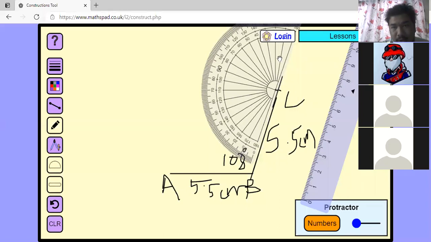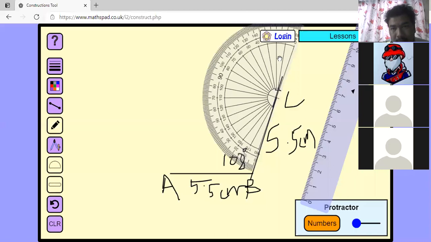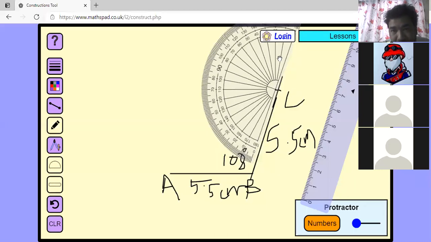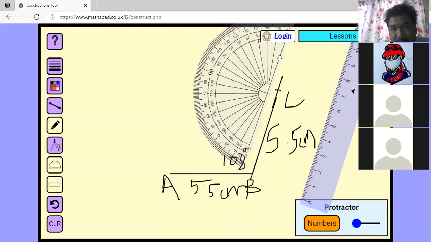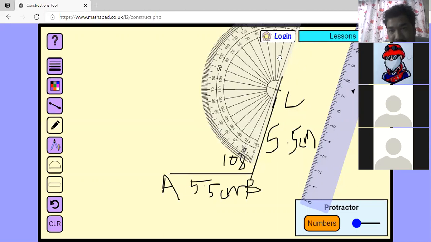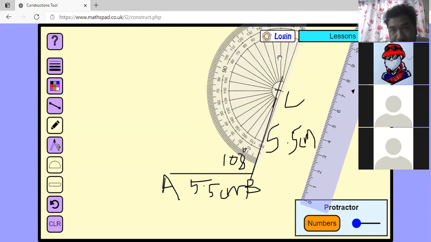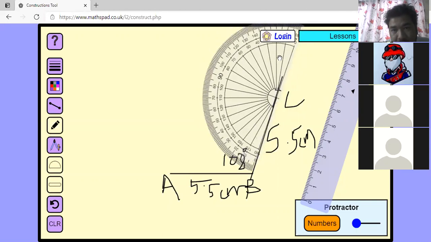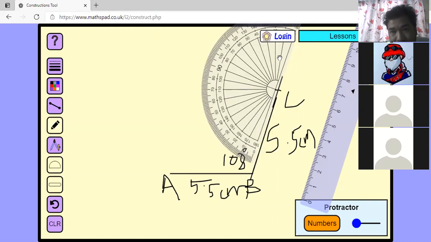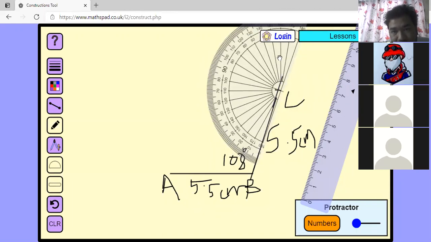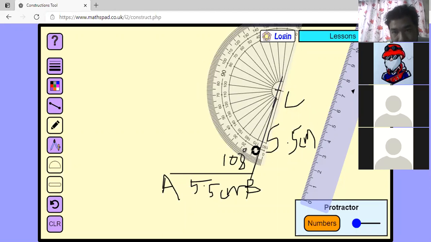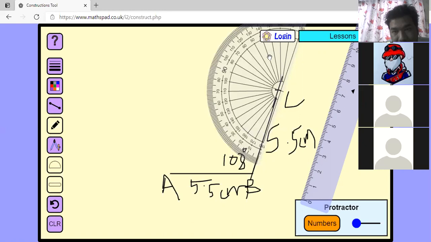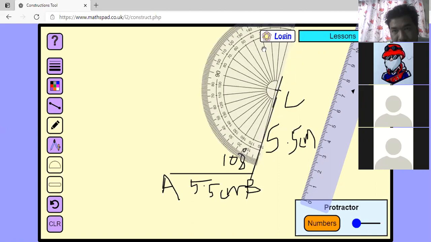Now here also, which angle do we have to draw? Which angle are we constructing here also? Because you are constructing the regular pentagon, each angle must be 108 degree. Okay, make it a straight line. Put it straight here and look, is the line straight or not? We have to make it straight. Yeah, it is becoming.